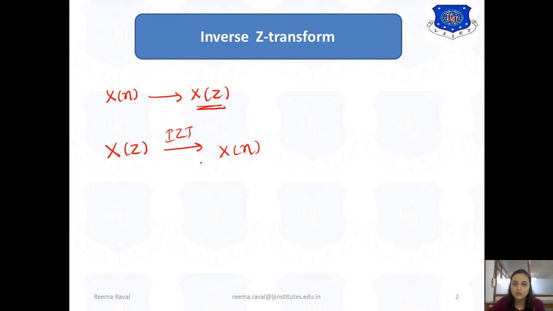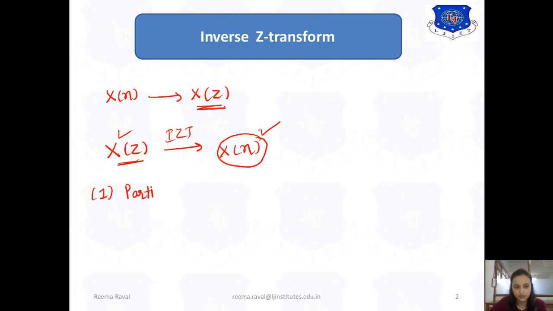So inverse Z transform is what? To get the original sequence in the discrete time form from its Z domain. That means to get the time domain sequence from the Z domain. Now to find the inverse Z transform for the given sequence, according to your syllabus, there are two methods. The first one is